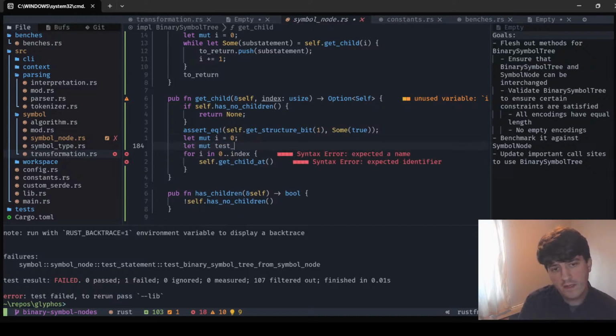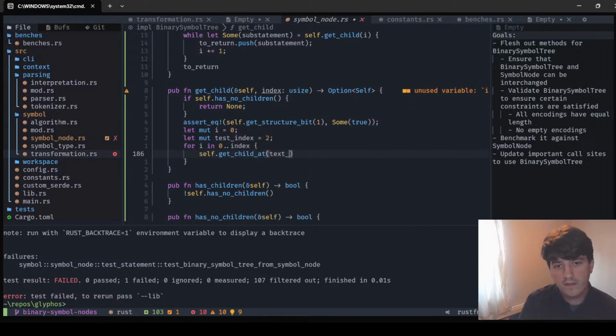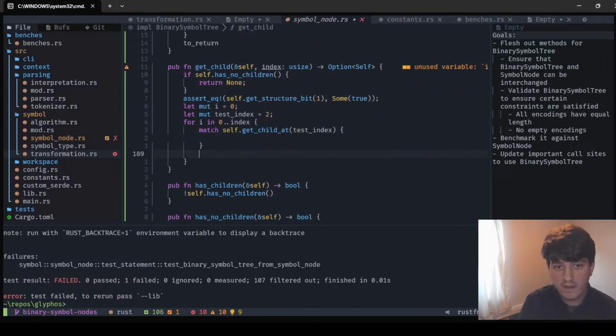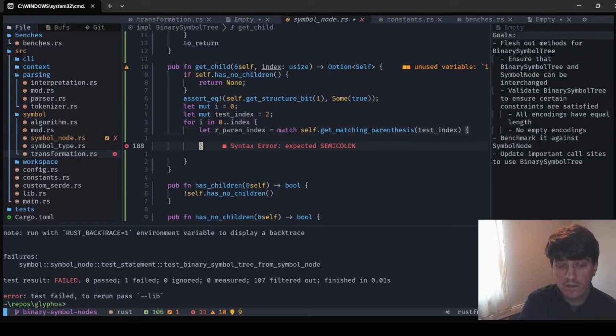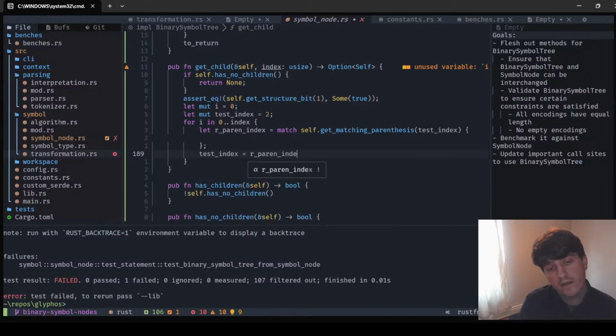Let mut test index is 2, test index. Let's do a match, and then let's say if we do get matching paren this, let r paren index equal this, test index equals r paren index plus 1,